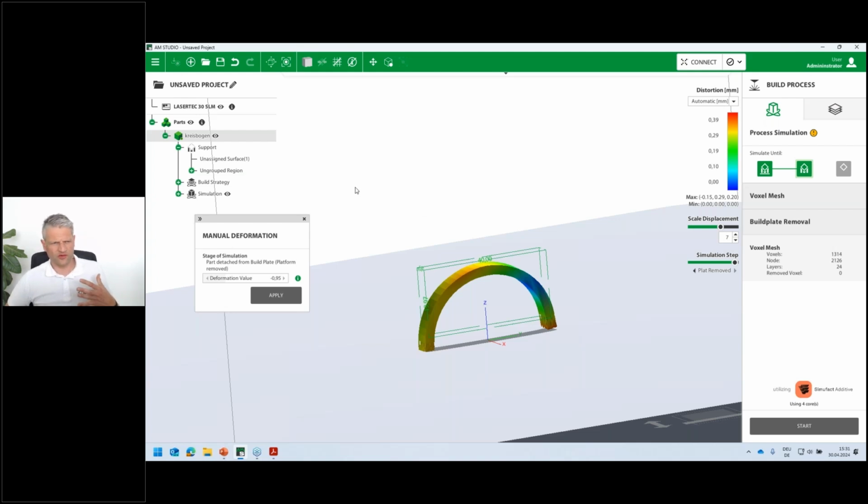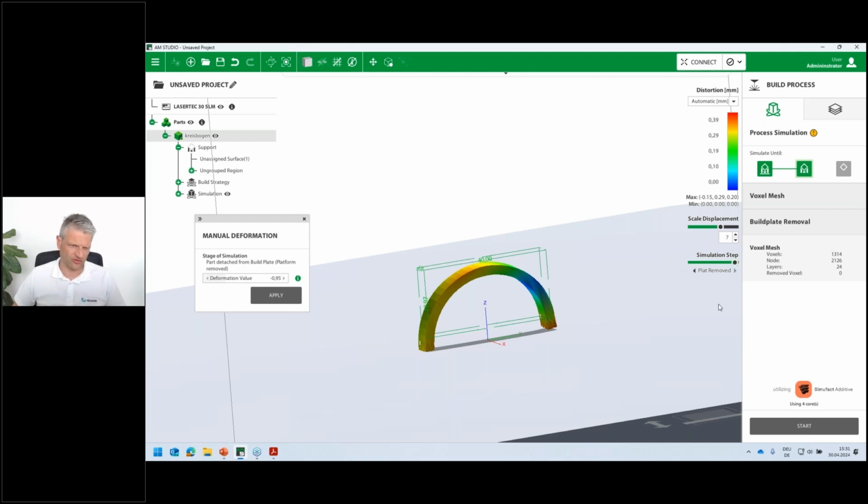This is important for the pre-deformation, because when you want to do the pre-deformation, you have to know at which status your part will be heat treated or no heat treatment is done. Because when no heat treatment is done, the pre-deformation state which you have to use for the pre-deformation is the